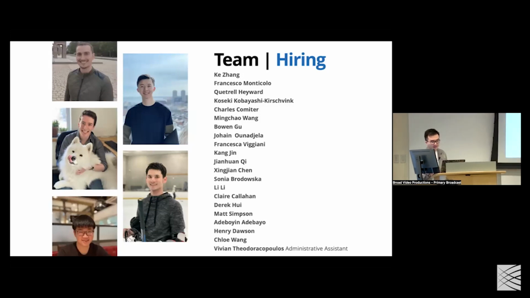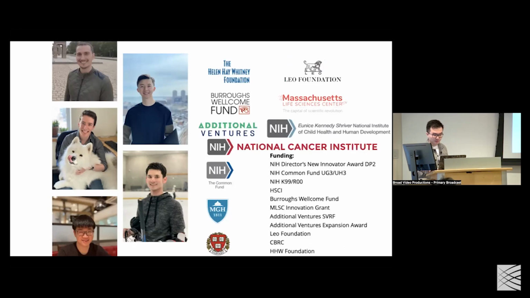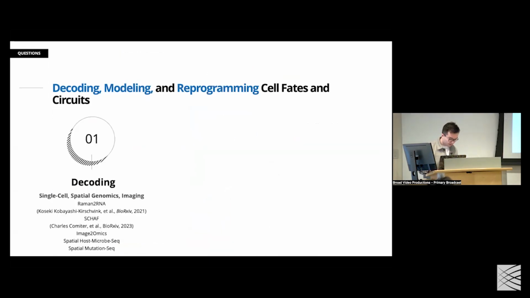And then also would like to start with a thank you for the team, because I was a junior faculty. I started my lab 2 years ago at MGH, and these people are very brave, and they just joined my lab, and they've been working on very challenging problems related to how do we generate omics information from different kinds of imaging modalities. And also would like to thank all the funding agencies in the past few years, without this, we can't do anything. So really want to thank them first.